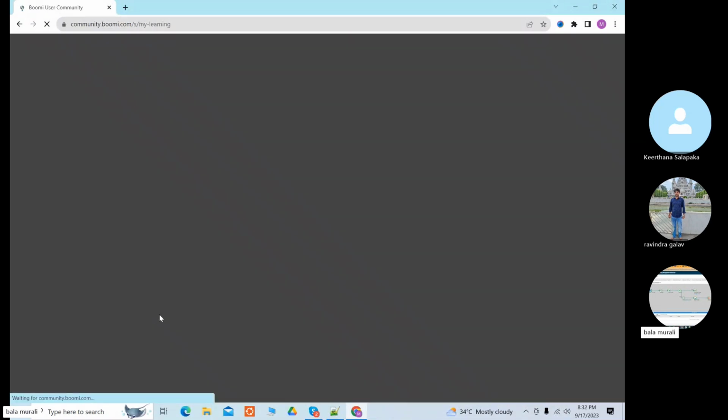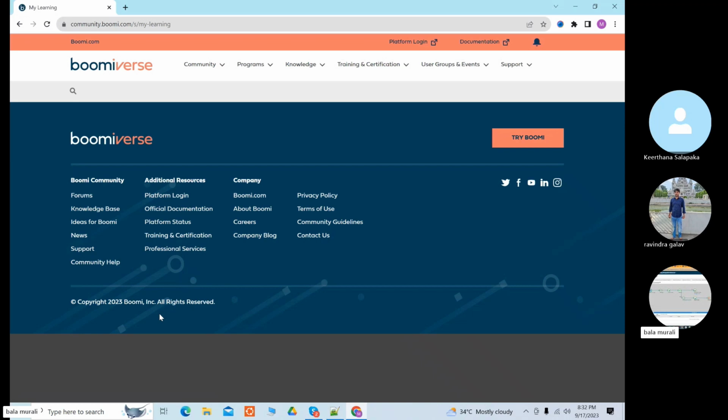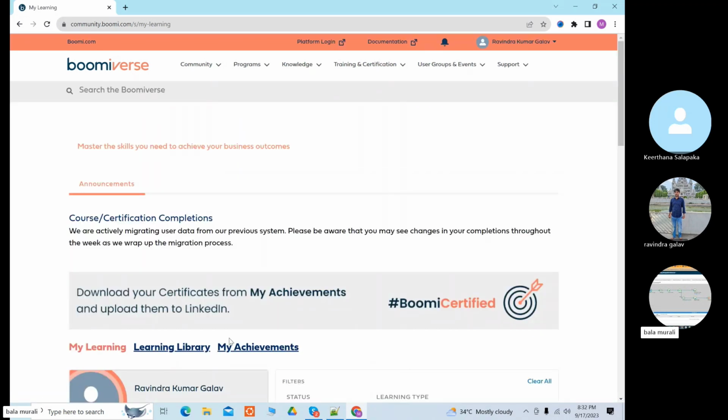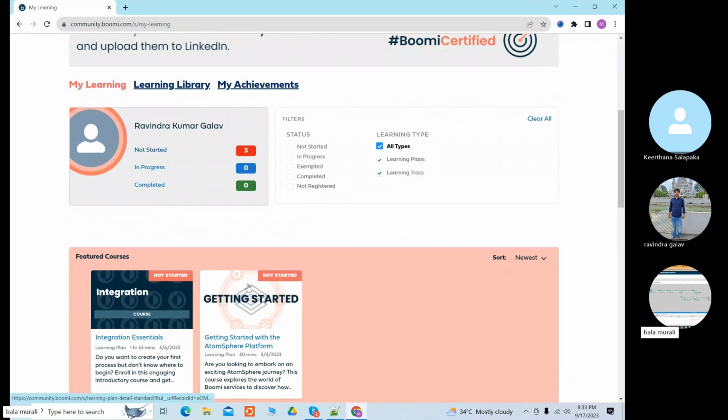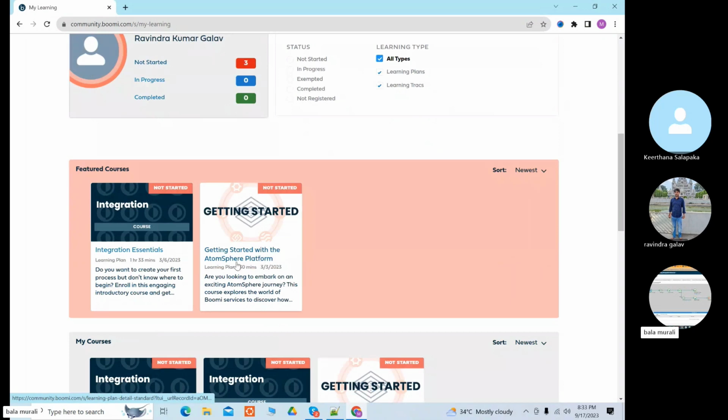Here we'll see what are the courses we have registered. First, we have to start with Getting started with Atomsphere. This one explains what is Master Hub, what is API. Everything will be explained in this. So after completing, then we have to move on.